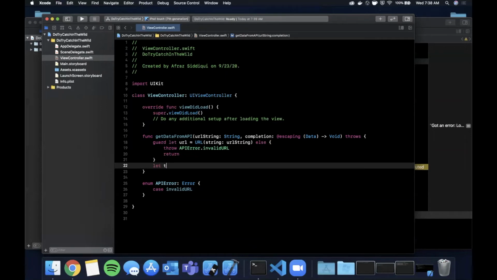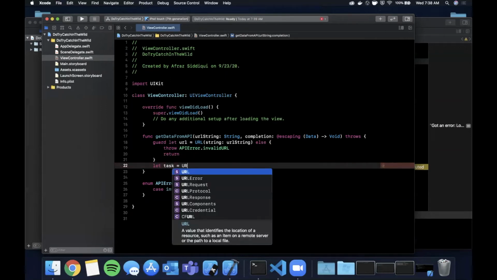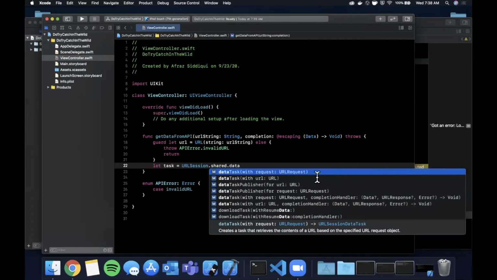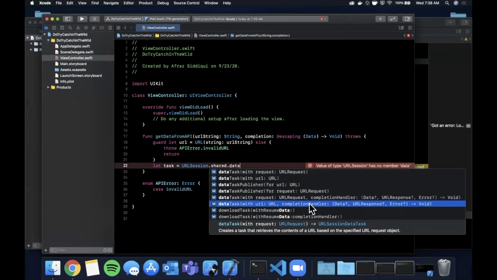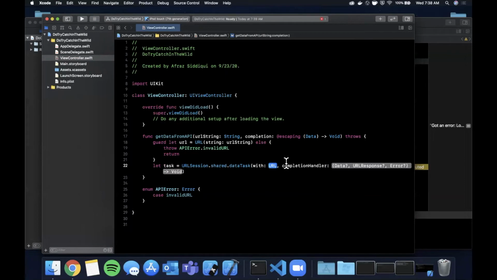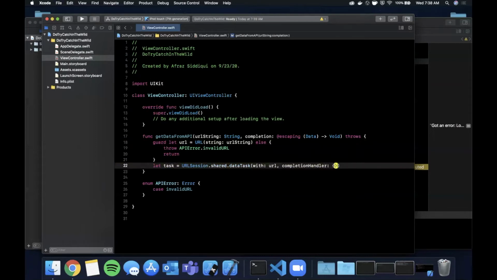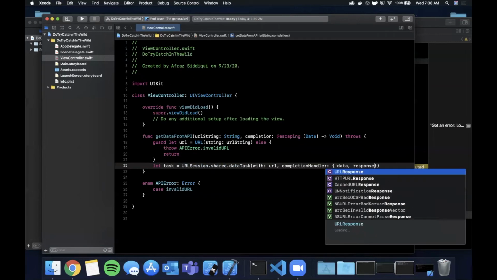Next up, we can actually create the task to call the API off of the URL session. I'm just using the URL session as an example. In this case, it's not really related to do, try, catch. It's just a good example. So we're going to call it with the given URL. The completion handler takes data, URL response, and an error. So we're going to say data, response,